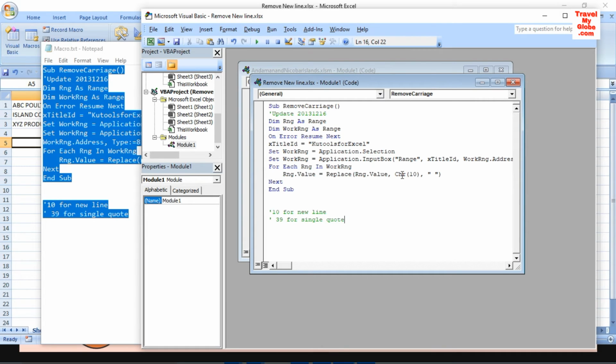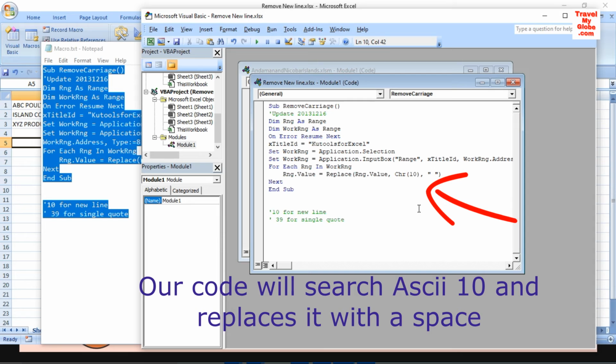This code will read all cells and remove all the new lines. For a new line, we are reading the ASCII character from each cell. For a new line, 10 is the ASCII character, and we are replacing it with a space.